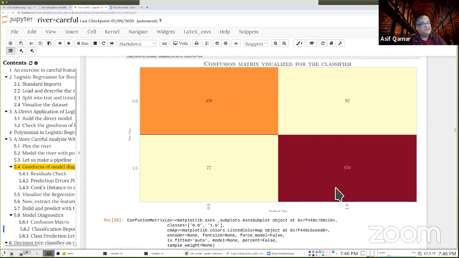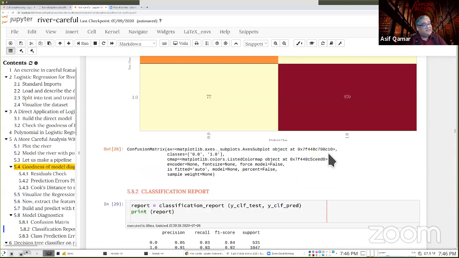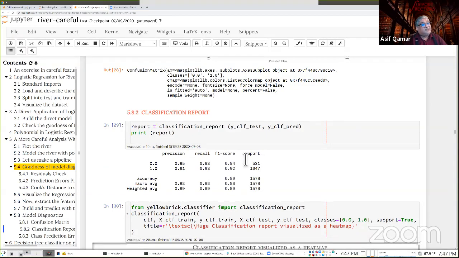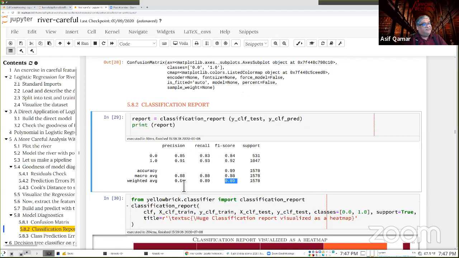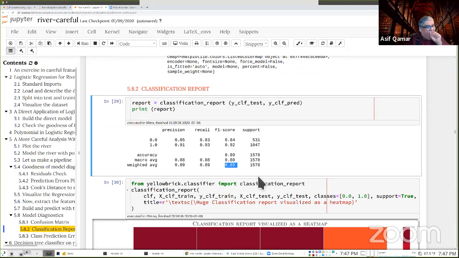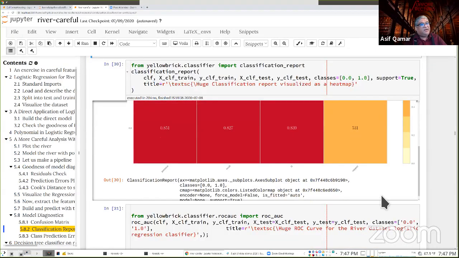This is a good matrix, as you can see, the off diagonals are rather small. The classification report said we have an F1 score, on average, of 84 and 92%. The weighted average of accuracy is 89%. For sand, we got 92% accuracy. For river, water, we got 84% accuracy. And we got a pretty impressive